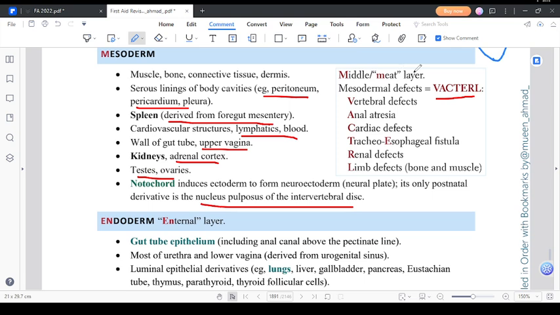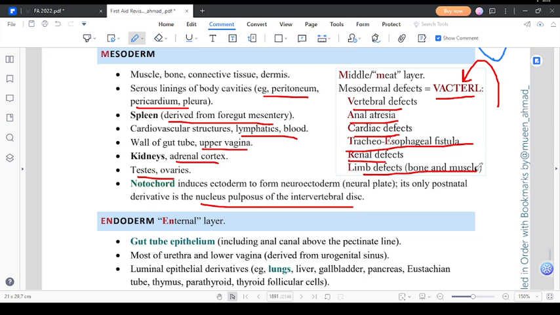Then here we have the middle layer, the mesoderm. It's not the mnemonic for that, but if there is a mesodermal defect, that can cause a VACTERL association. So in VACTERL association, there can be vertebral defects, anal atresia, cardiac defects, tracheoesophageal fistula, renal defects, and limb defects of bone and muscle. We will study the associations later. But the thing is that all of these happen simultaneously due to some unknown reasons. They are found to be happening together. There is no pathological or pathogenetic reason behind them happening together, but they are seen to happen together